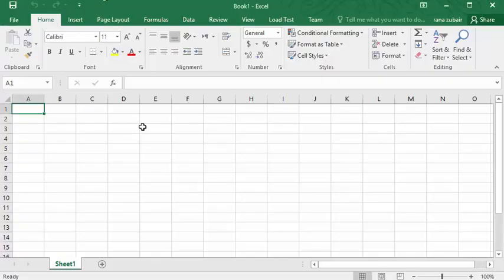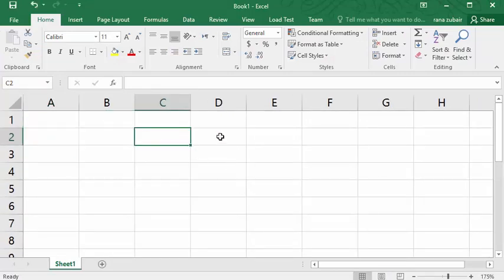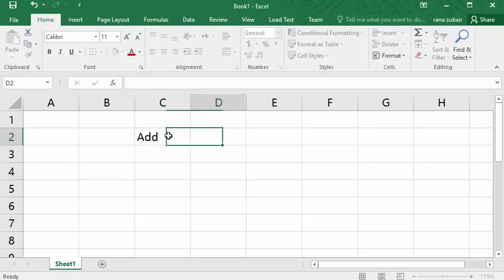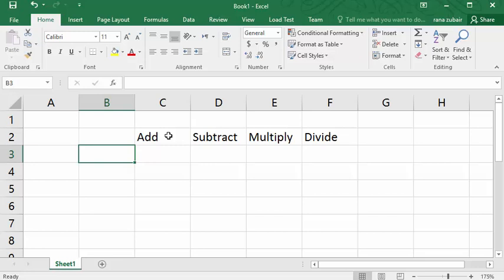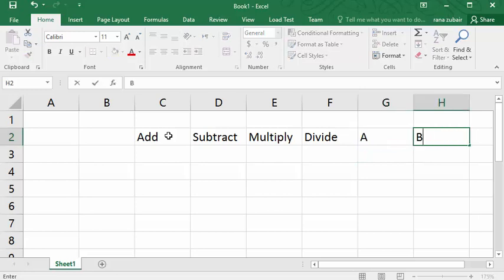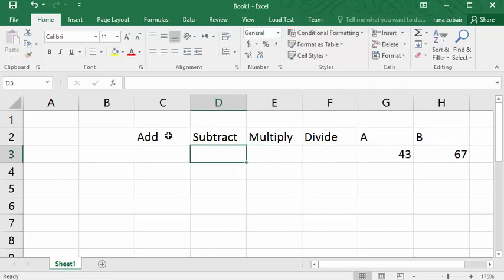Let's take an example. Add, subtract, multiply, divide. Let's say A, B. These are the values we are going to add, subtract, multiply and divide. 43 and 67.